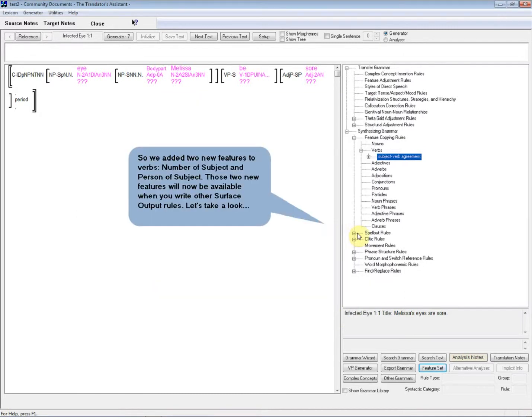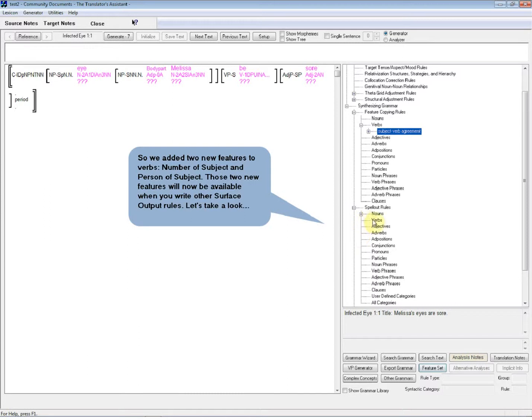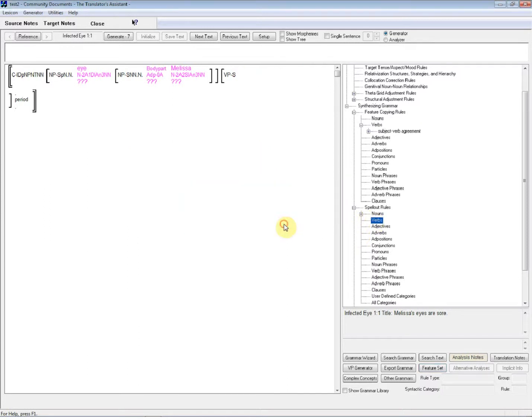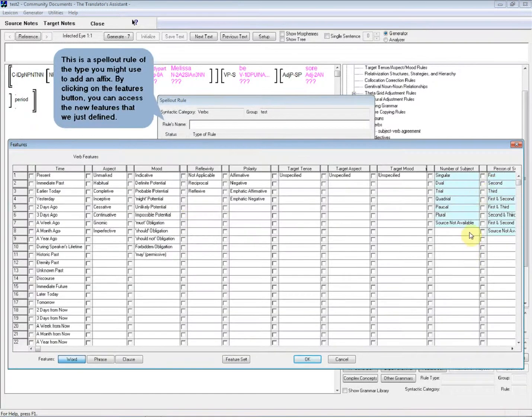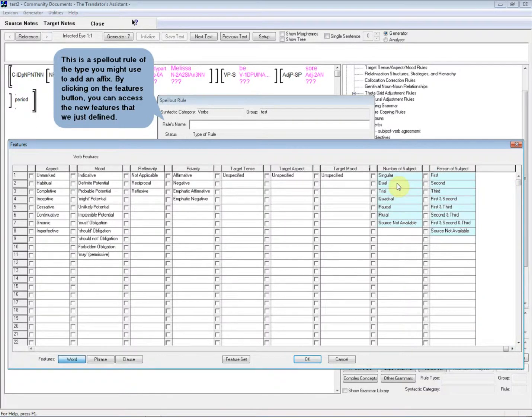Now I just want to show you that, say in a subsequent spell-out rule, before you couldn't refer to, say, the number of the subject. But now you can. If you're writing a verb rule and those two new features show